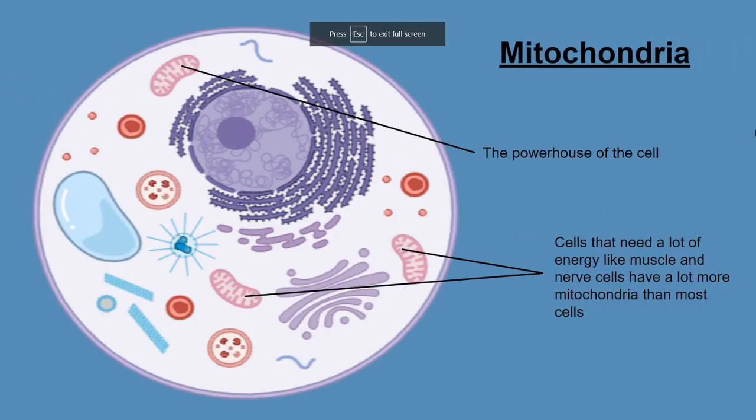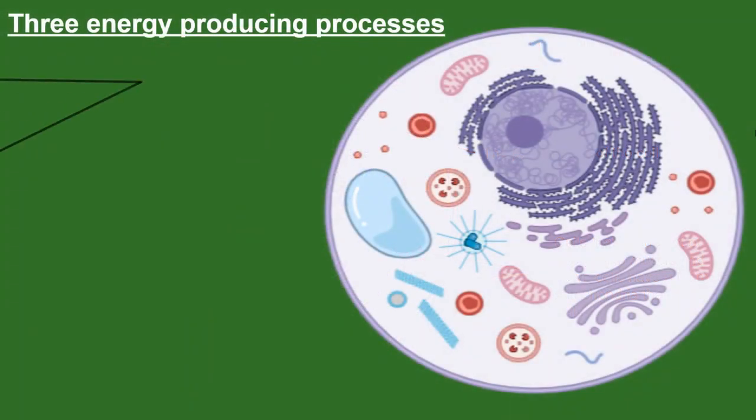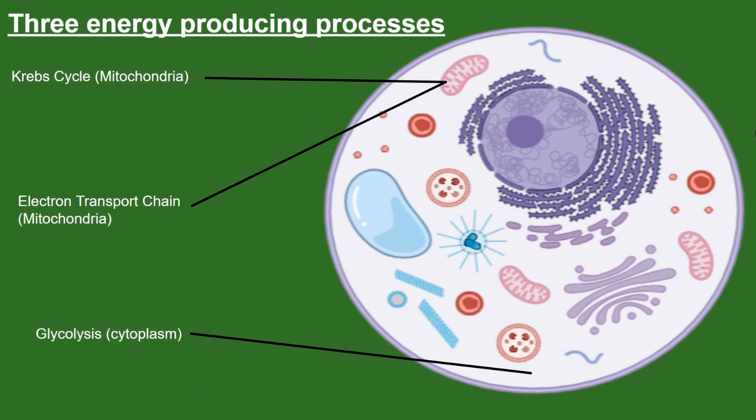As I'm sure you all know, mitochondria is the powerhouse of the cell. But how did it get this nickname? What does it actually do? If you guessed that it makes energy for the cell, you're right, but it's how it makes this energy that's so interesting. There are three processes the cell uses to make ATP, the basic unit of energy for a cell: